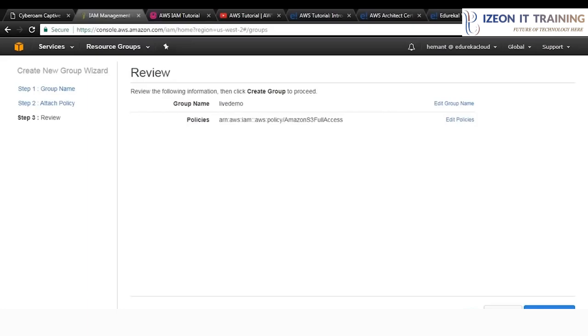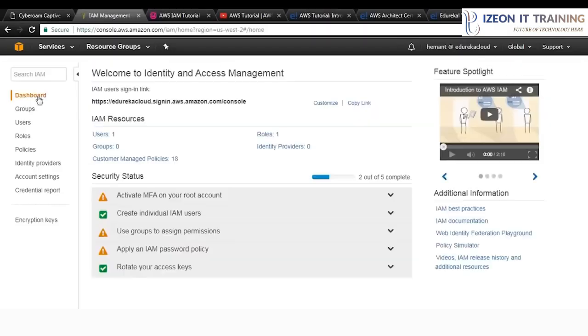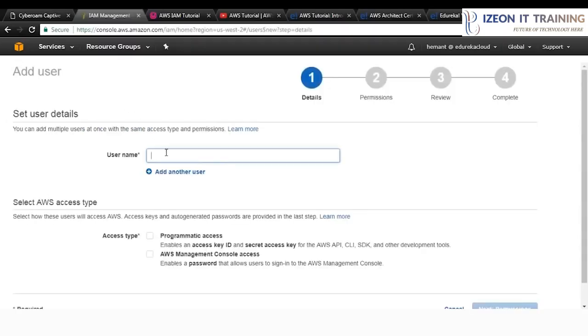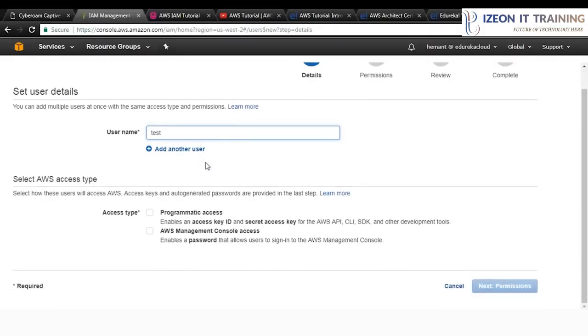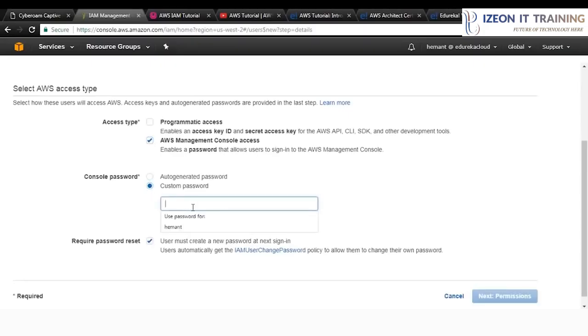All right, so I'll click on create group, and now whichever user I put inside this group will have this property. So I don't have to configure the policy for any user now. What I'll do is create a new user now. Say I create a new user called test. I'm not giving him the programmatic access, I'm just giving him the management console access. I'll give it a custom password, and I don't want him to reset his password. I'll click on next,